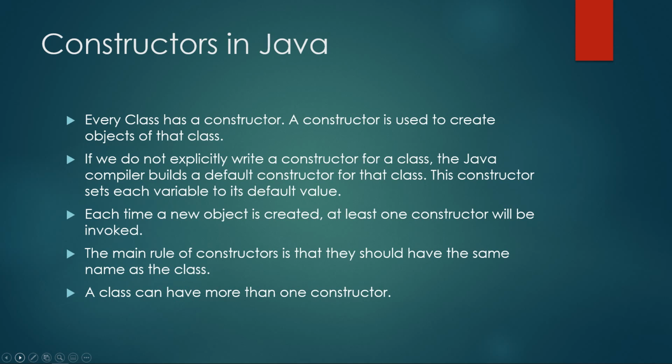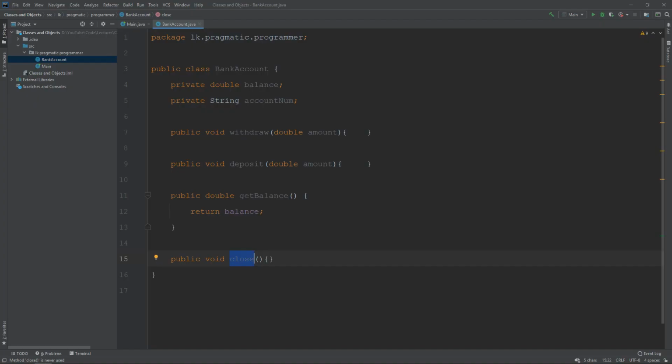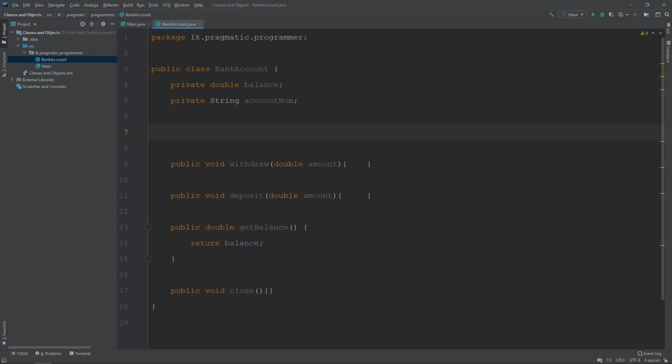Let me show you what a constructor would look like for the bank account example. It will simply be public BankAccount. All instance methods and constructors are public. So here, I have created a default constructor for the BankAccount class.